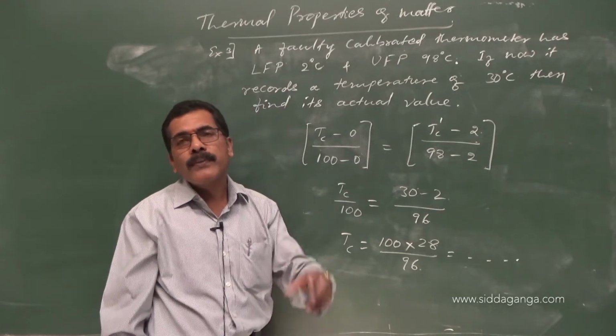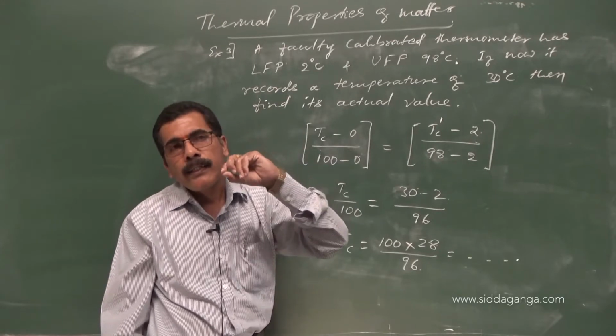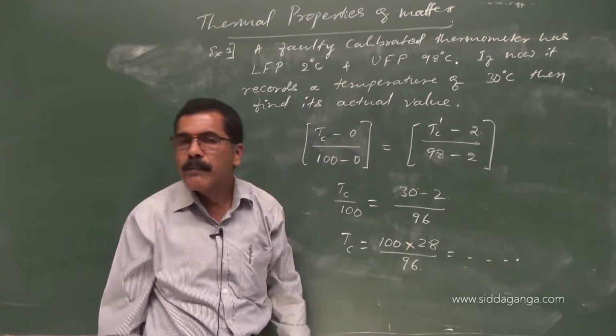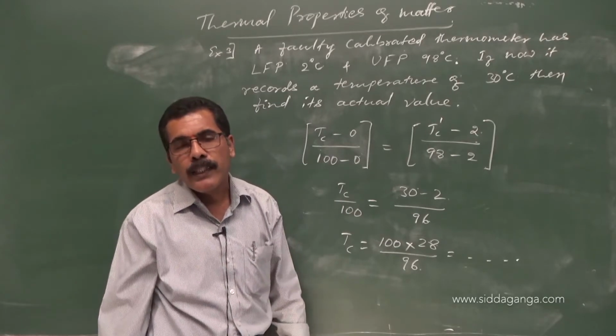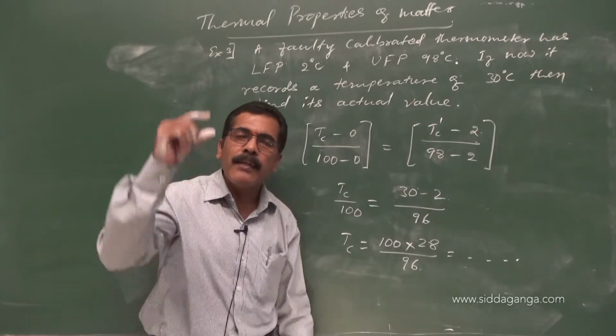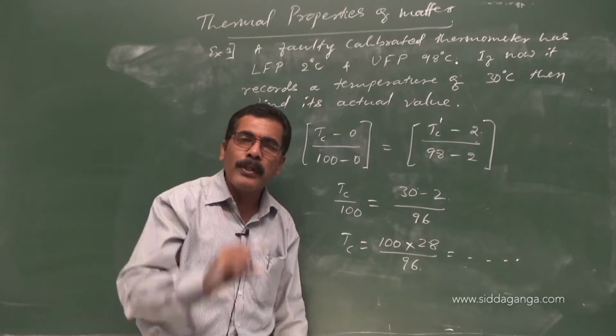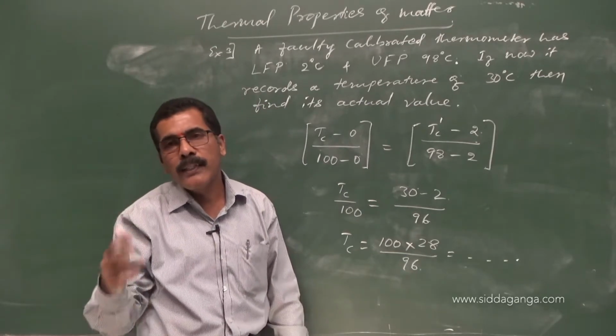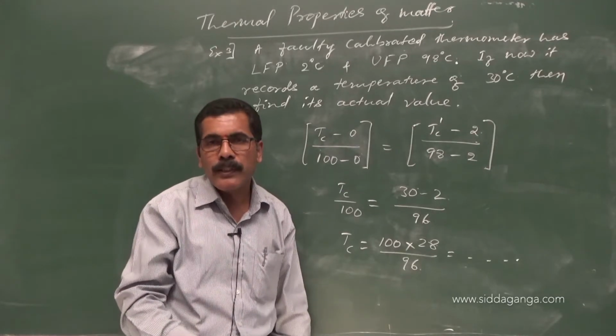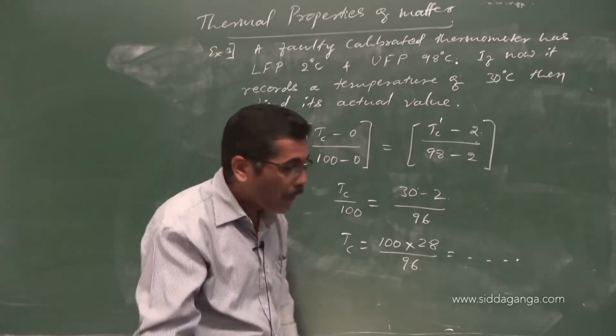And even based on the length of mercury in a mercury thermometer, problems could be given. They will tell you the length of mercury in the thermometer at 0 degrees Celsius and 100 degrees Celsius, and based on that they ask you to calculate the temperature. That calculation can be made.